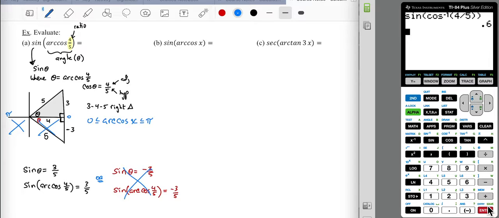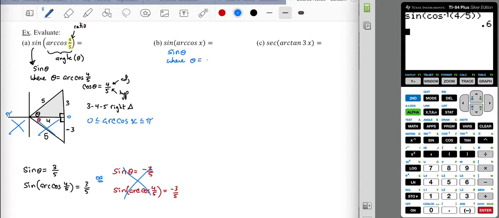So let's take a look at the next one. Sine of the arc cosine of x, just the plain old x. How difficult could that be? Well, let's take a look. We'll start off with the same kind of deal. We're looking for the sine of theta, where